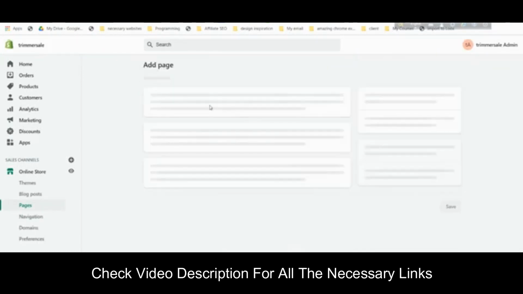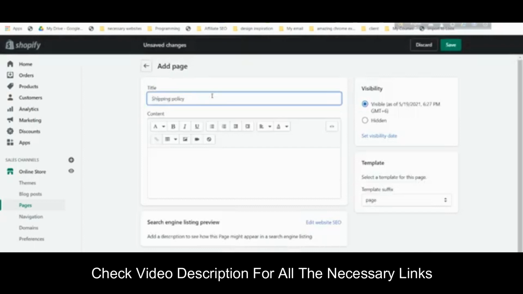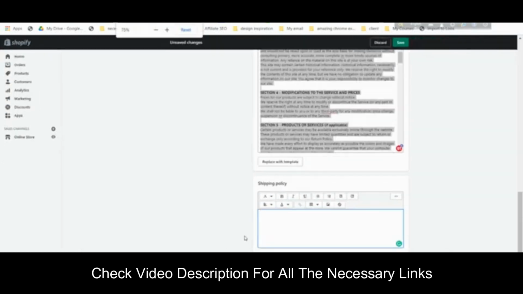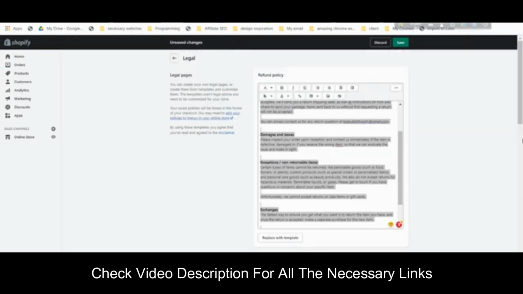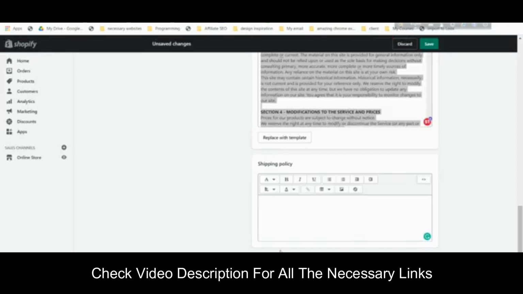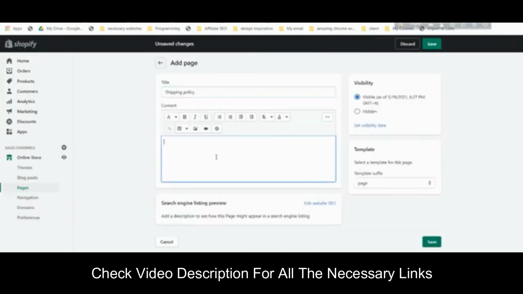So I'll create another page, and then go back here and click create from template. Shipping policy is not showing us create from template. Okay, so basically these are actually the same. Shipping policy and terms of service, I think the same. For the shipping policy, I don't see the template here, so I will just copy another text that I have found